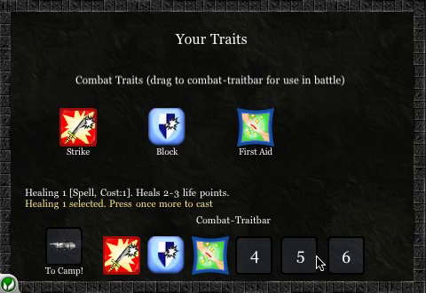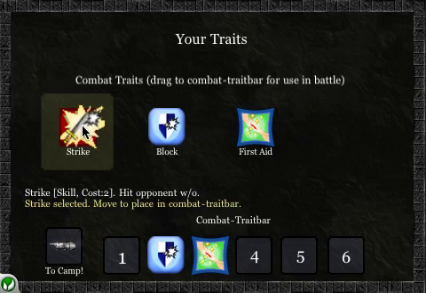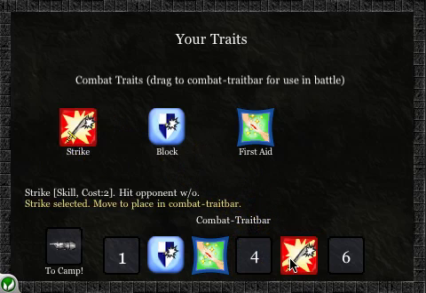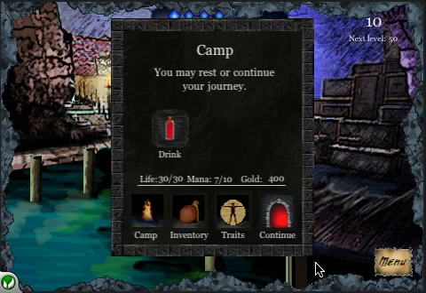At the bottom of the screen here we have our combat trade bar. Here our skills are shown that we will take into battle. We can take up to six combat skills or spells into battle, and right now I will just do the following. I click strike twice and I pull the strike skill from above down to, let's say, here, so it's nearer to the opponent's card. Okay, I leave camp mode and I continue,